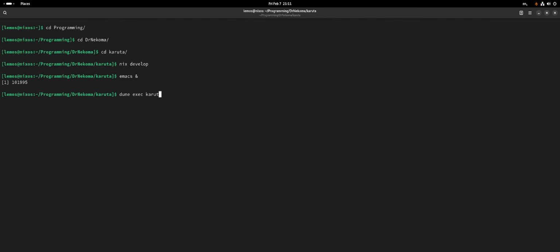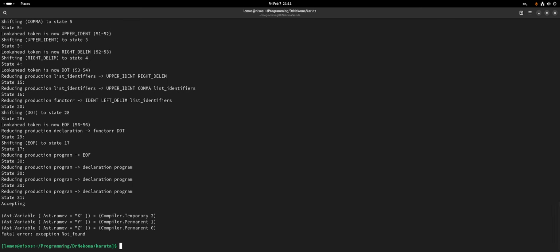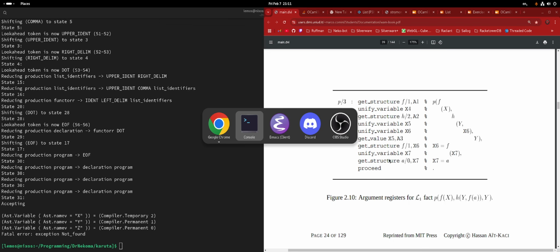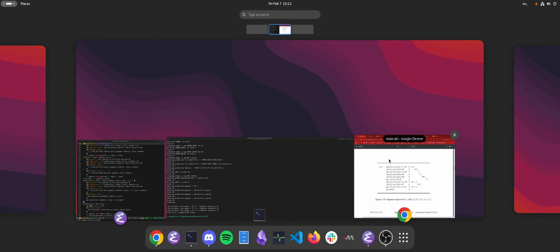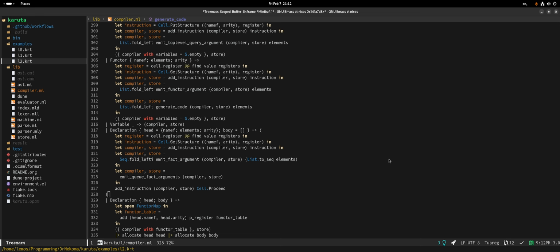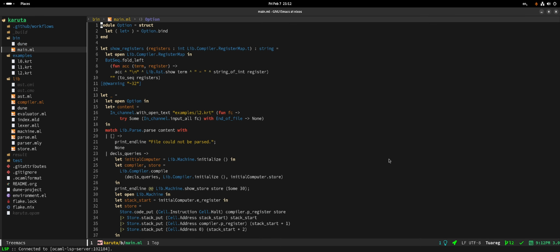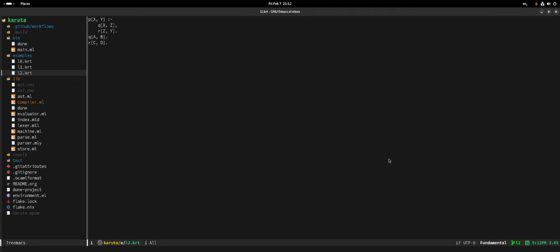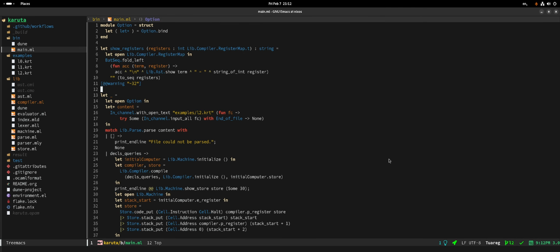Dune exec. How awesome. Well, it compiles at least. Yes, but I actually don't even know what the heck we're trying to run. We're trying to run L2, that's not what we want to run. We want to run kind of this, no? Yes. No, but we should use the example. Where did we test? Okay, never mind. We're not gonna remember. I think we tested the query somewhere, but we didn't commit apparently for some reason.